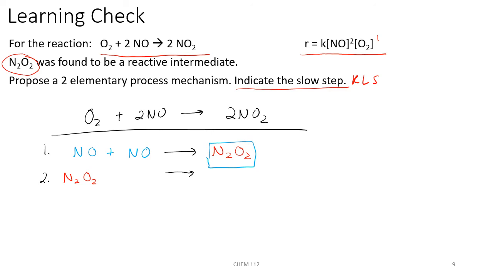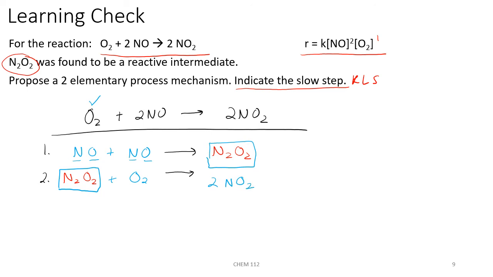So NO plus NO gives us, if we're looking at law of conservation of mass, 2 atoms of nitrogen and 2 atoms of oxygen. So that would add up to giving us our reactive intermediate, N2O2. We're not going to form any product just yet. We don't have any more atoms left over to make any product from step 1. And then in the next step, our reactive intermediate could combine with our other reactant we haven't used yet, which is the oxygen. So N2O2 combining with a molecule of oxygen,